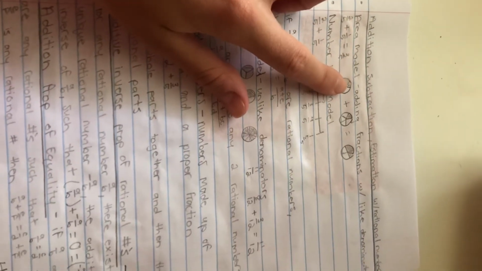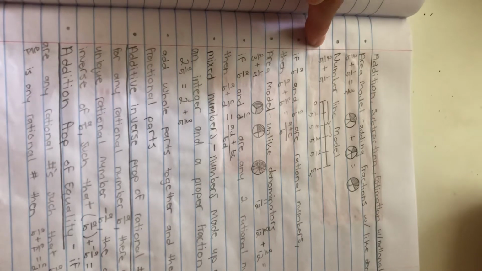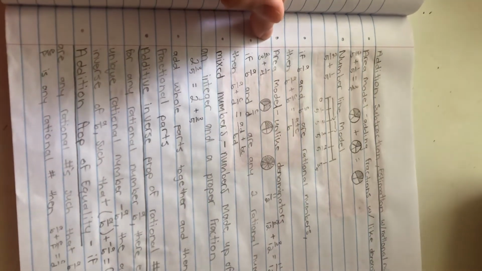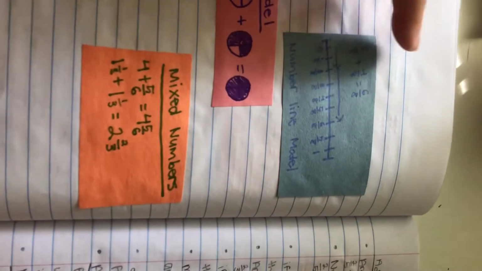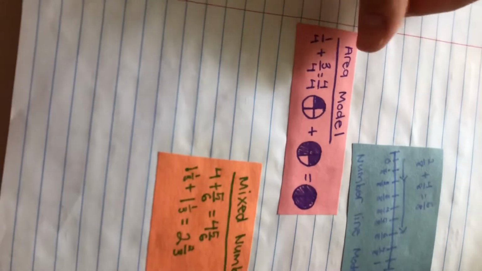And then on page 47, it starts with addition, subtraction, estimation with rational numbers, and it goes on with the area model, the number line model, and then the area model with unlike denominators. And then toward the side, there's an example of the number line model and also the area model and finding